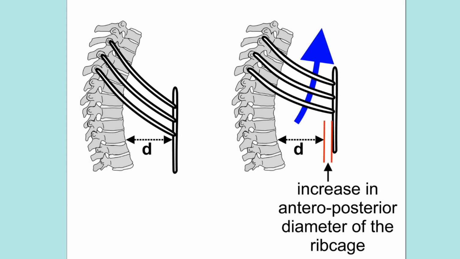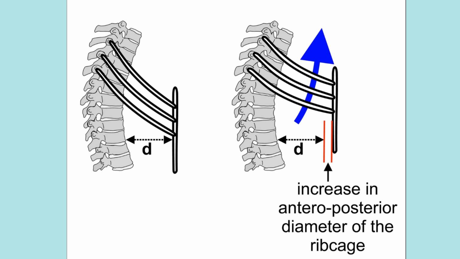The next one is the anterior posterior diameter of the chest cavity. In a normal anatomical position of our ribs in a resting state, our ribs are not placed horizontally as we would expect, but are placed at an angle slightly pointing downwards. And because the ribs are placed downwards, the sternum slightly tilts backwards towards the vertebral column.